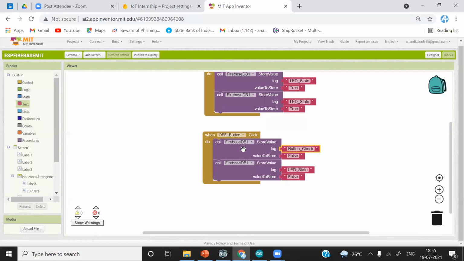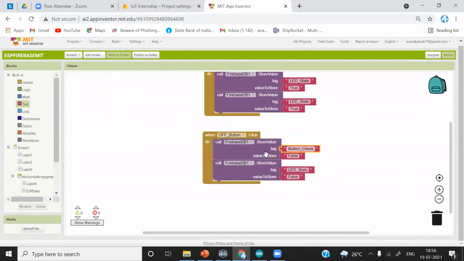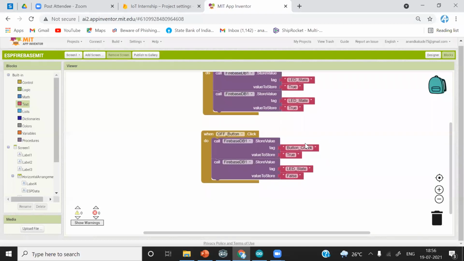When we talk about the Arduino code, then I will talk about this condition. Okay, what it does, I'll make it just true. It is just used to identify that we have pressed the button. As here, true.